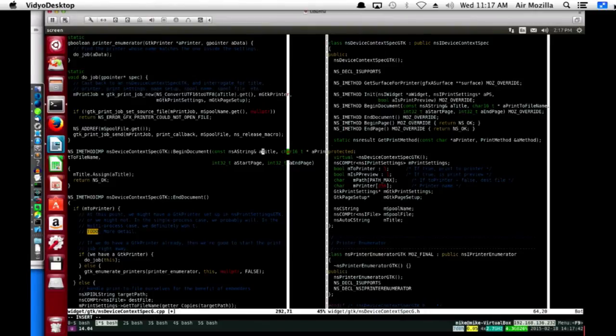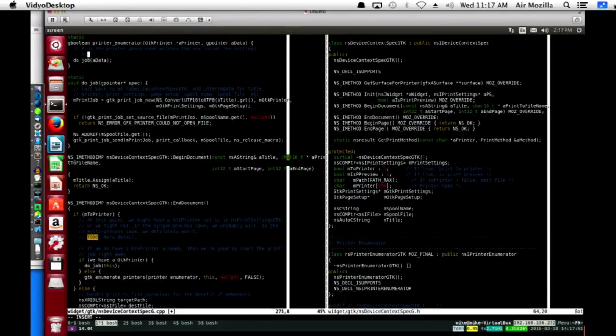We're also going to need to, inside the enumerator, stash the... We'd have an argument to do job be the printer. Maybe that makes most sense.